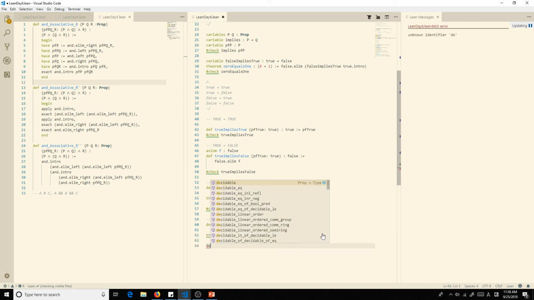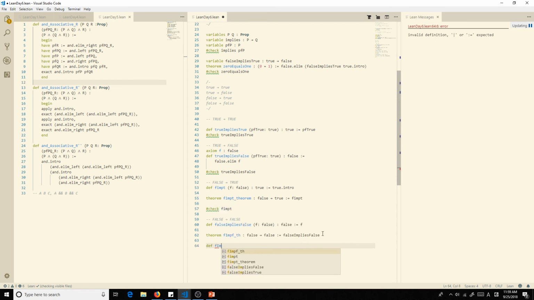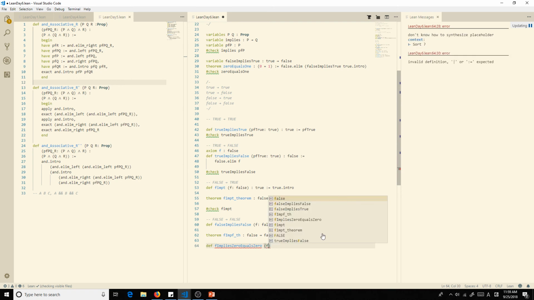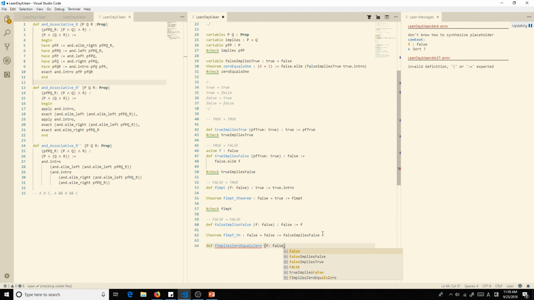We can also do it with a definition. So like false implies, let's just go with 0 equals 0. Give ourselves that proof of false. We're gonna have 0 equals 1.